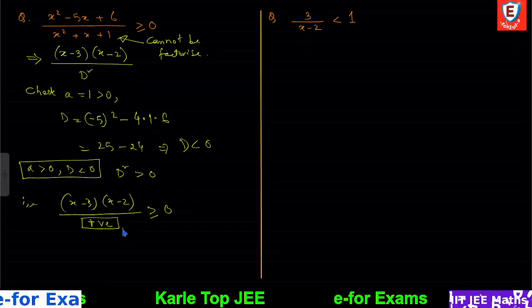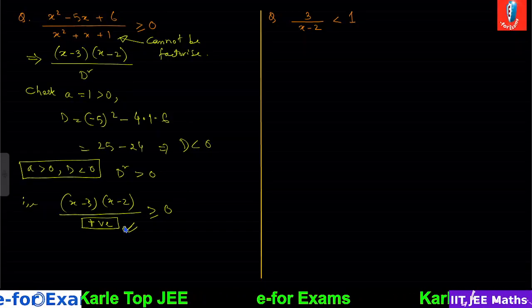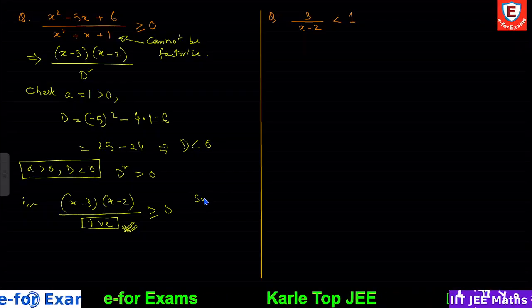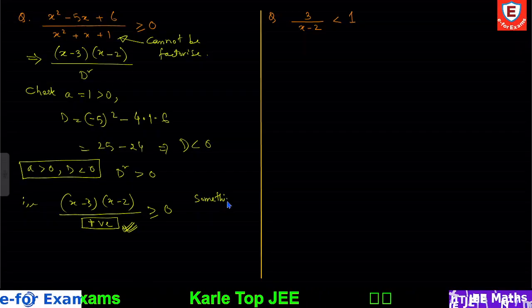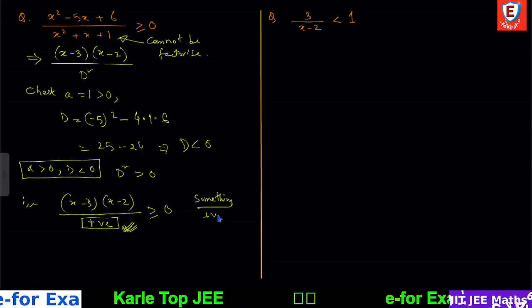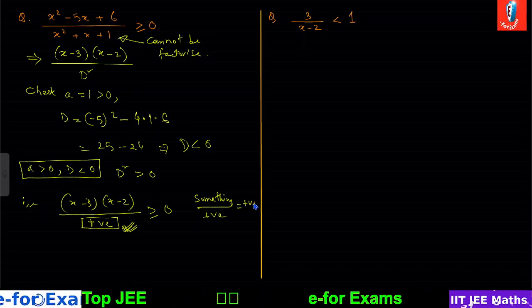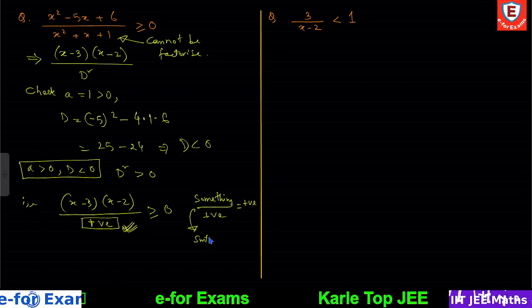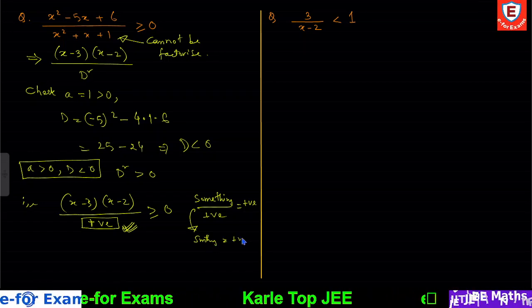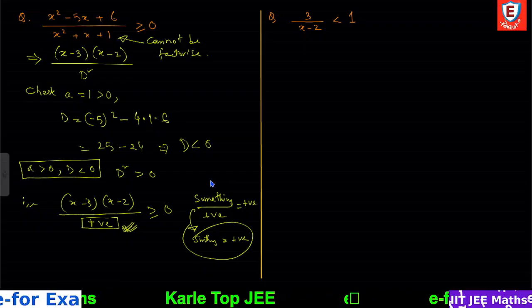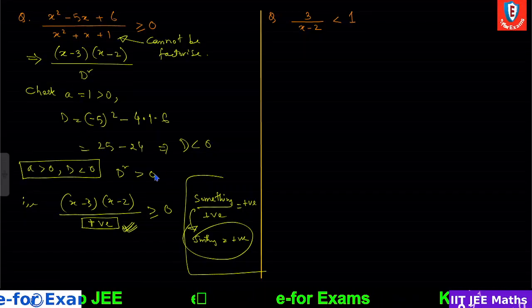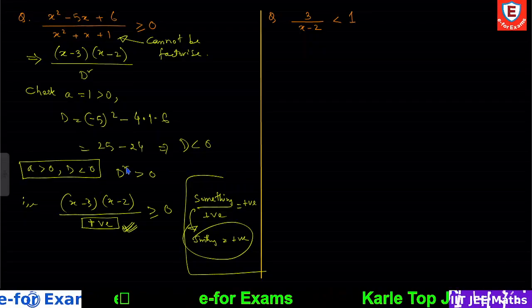Therefore, we can conclude easily that the denominator is positive. So something divided by positive equals positive. This implies this something is equal to positive, right? See the concept. Here denominator by denominator is